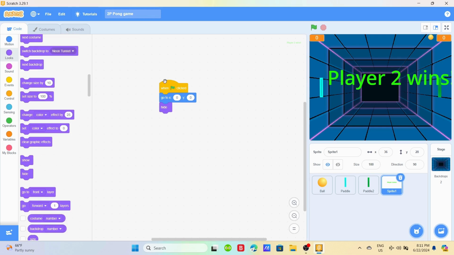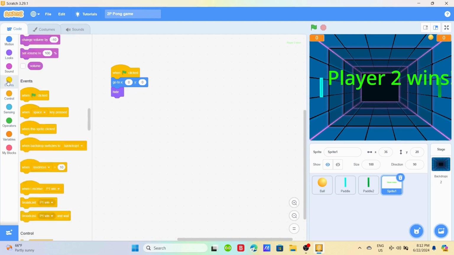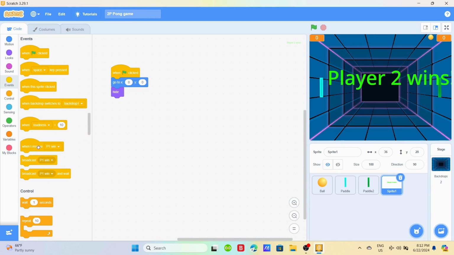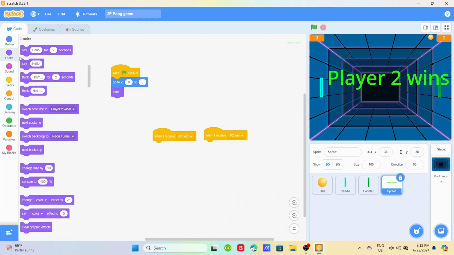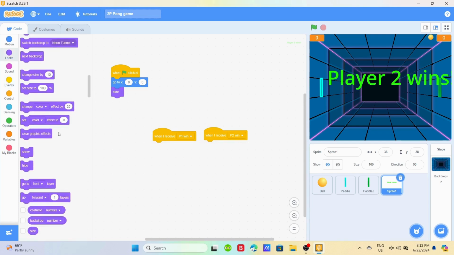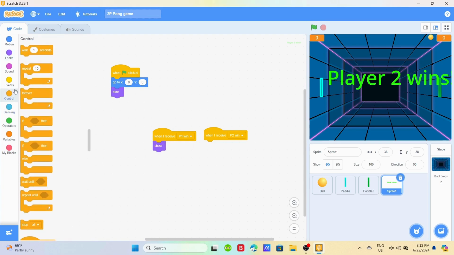Now, let's drag 2 when I receive blocks. When I receive player 1 win and the other player 2 win. When I receive player 1 win, show, set costume to,